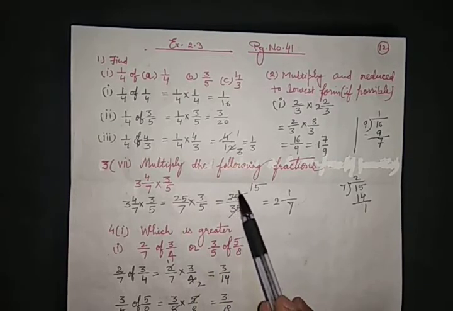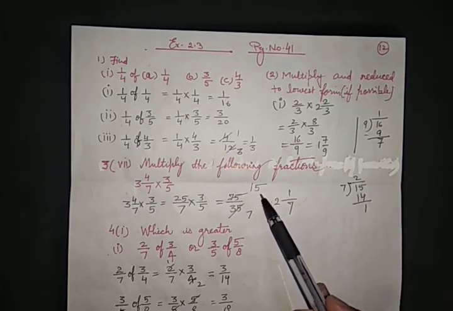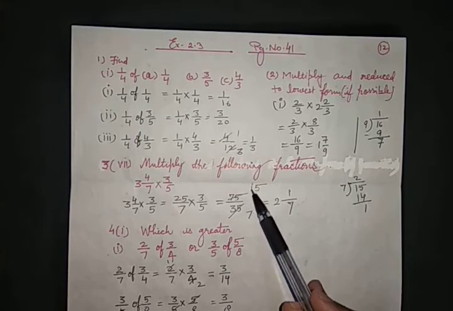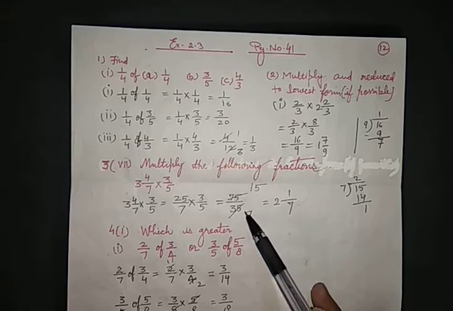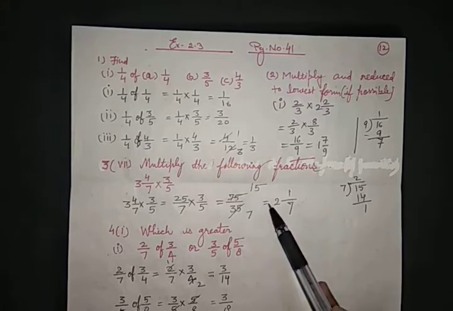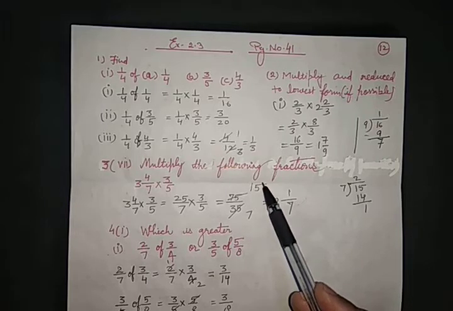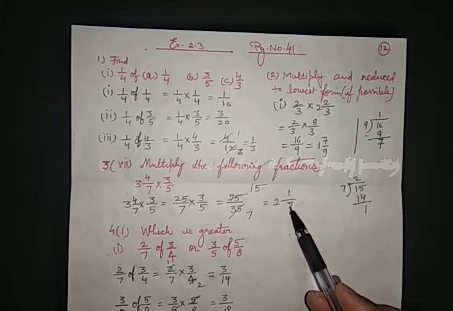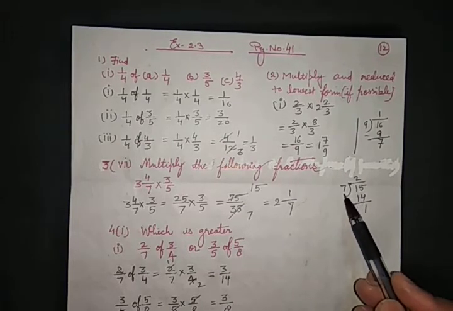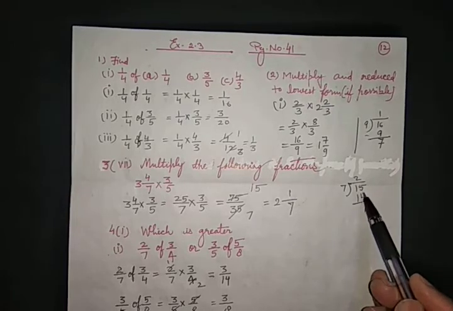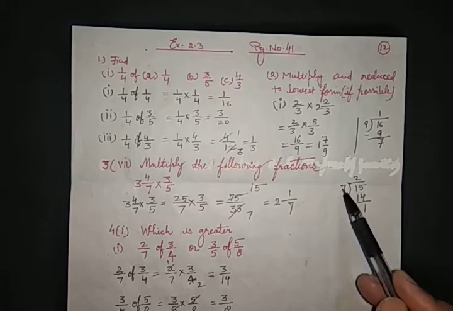You can see that you can reduce it. So by which table? We will use the table of 5. 5 1s are 5 and 5 5s are 25. 5 7s are 35. Now you can see it is in the form of an improper fraction. We will change it into a mixed fraction. To change it into a mixed fraction, we divide 15 by 7. 7 2s are 14. 15 minus 14 is 1. The fraction is 2 whole 1 upon 7.